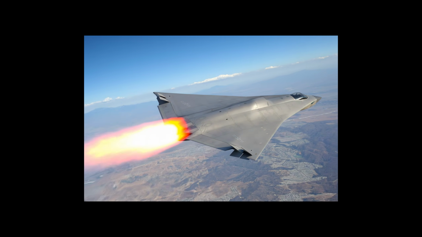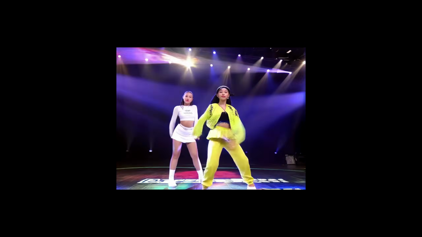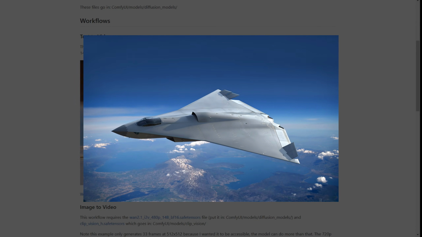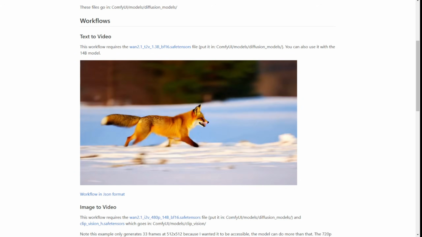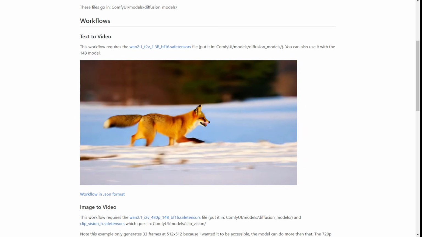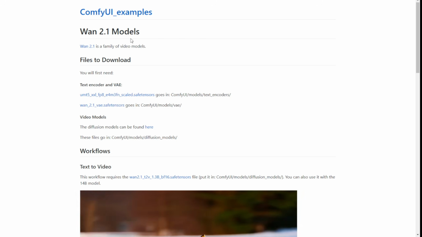So we have got the Wan 2.1 AI video models enabled to run natively in ComfyUI without a custom node installed. The latest ComfyUI update has integrated the Wan 2.1 models with native support. As you can see on the ComfyUI GitHub page, where there's the ComfyUI examples section, we have Wan 2.1 models